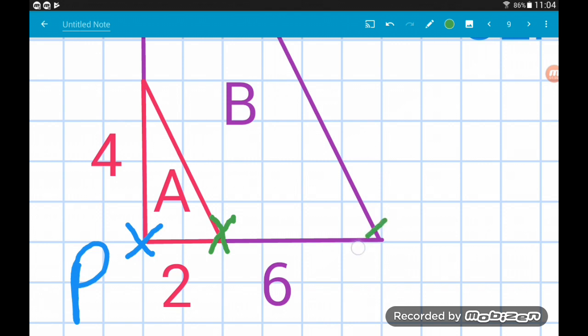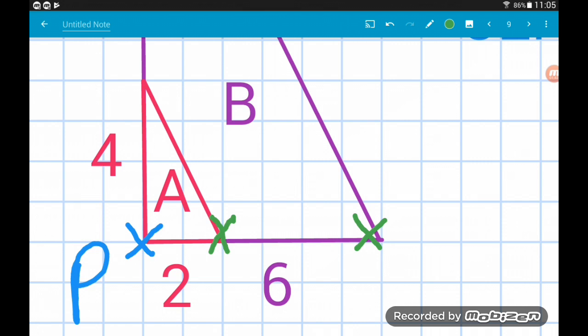So this point over here is now 6 squares away from point P. So the distance of the original point has increased by a multiple of 3